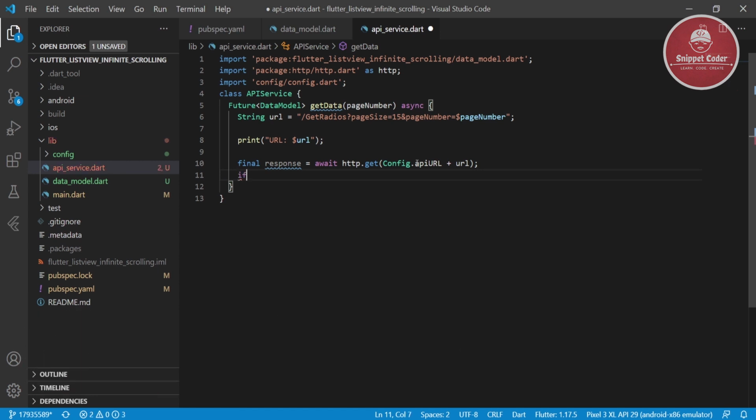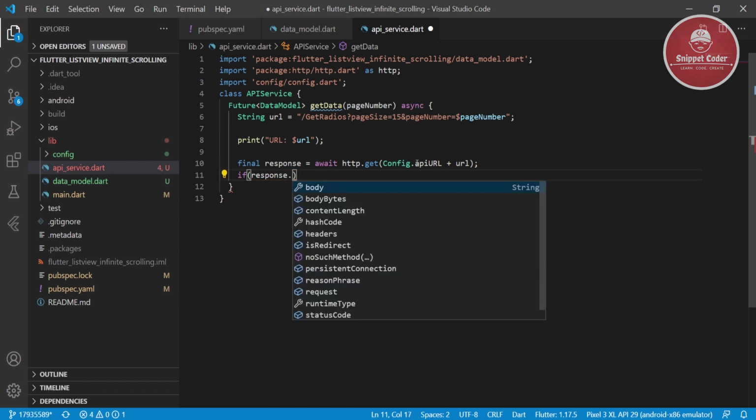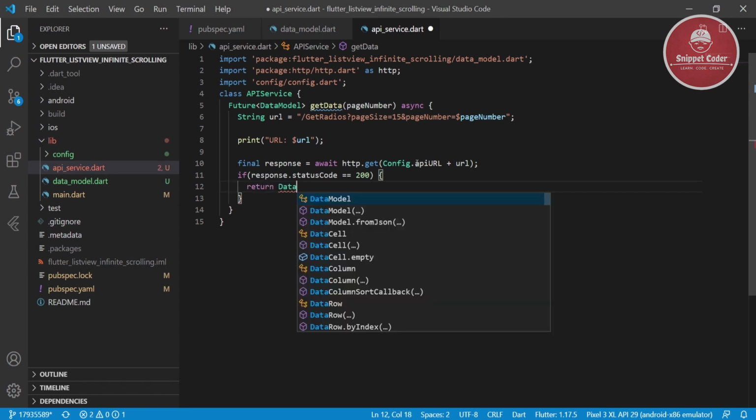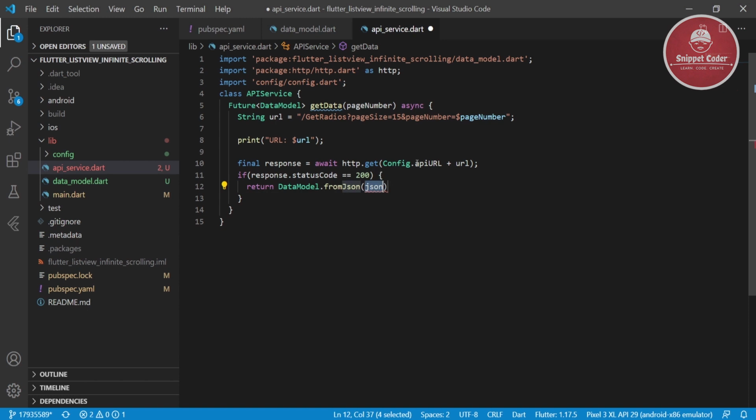And here we will check if response.statusCode is equal to 200, then we will return DataModel.fromJson, and here we will do the decoding part, json.decode.